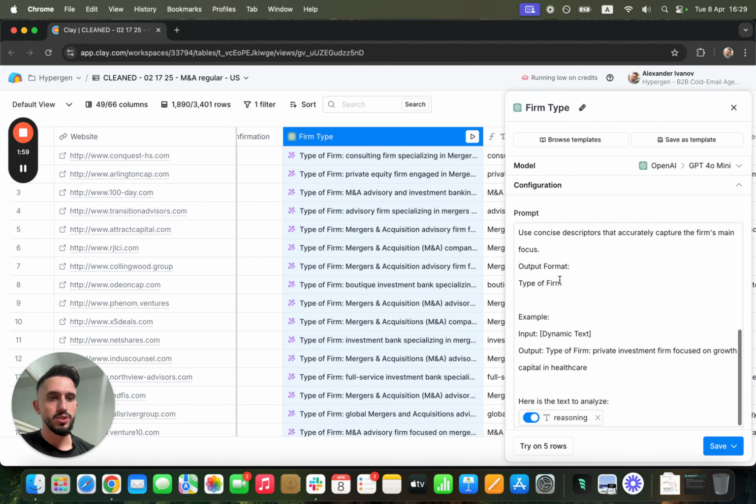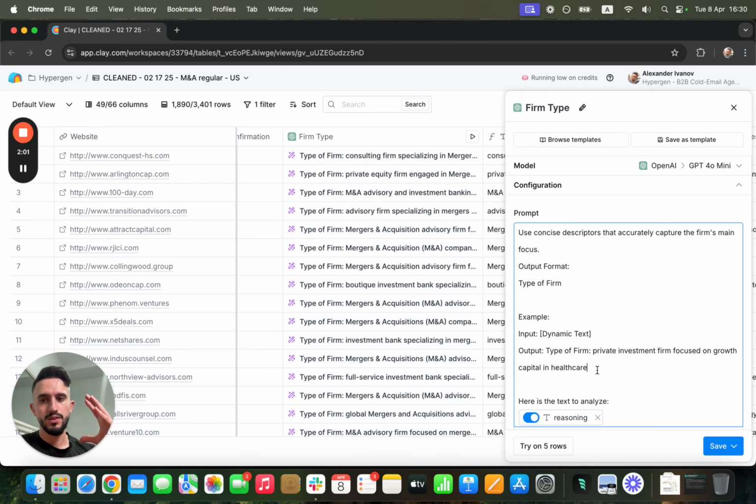Okay, cool. The other thing that we're doing, again specifically for M&A but feel free to change it, is we're trying to find the type of firm and what they're focused on. In this case, we're trying to find if these M&A firms are focused on a specific industry. This could apply if you're reaching out to agencies or SaaS: are they specialized to a certain audience?